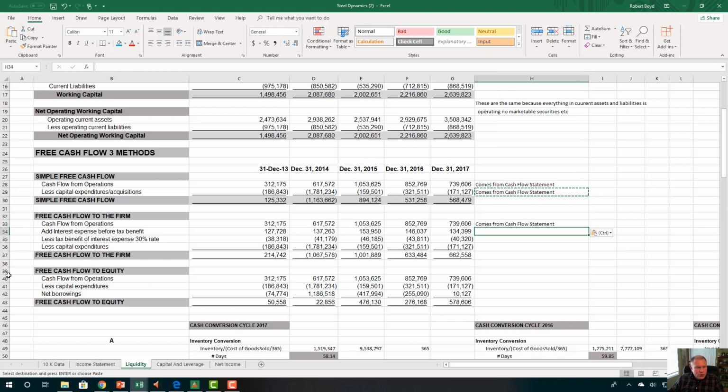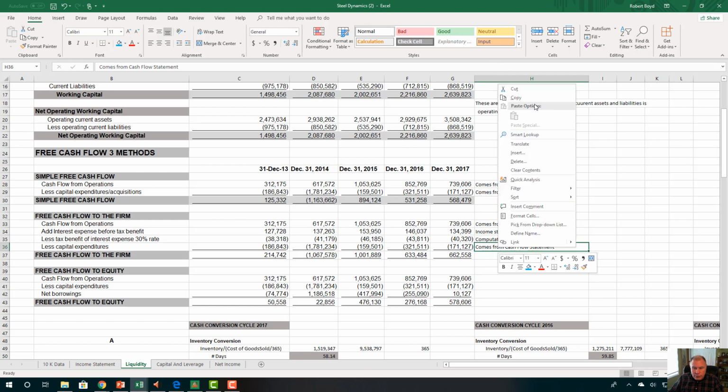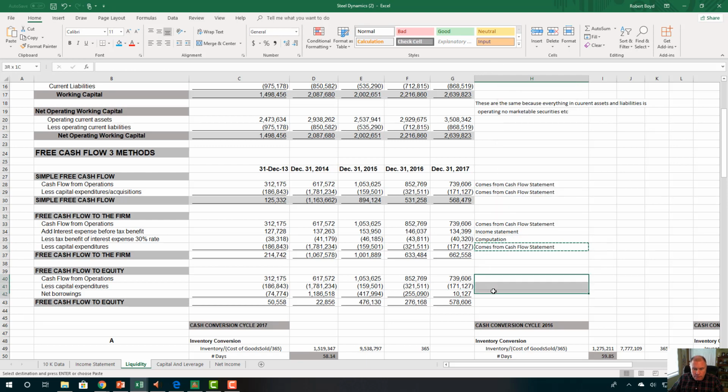Interest, assume a tax rate of 30. But this one here is a computation. Notice it's a computation, so whatever the tax rate is. Interest expense comes from the income statement. And less capital expenditures comes from the cash flow statement. And all of these numbers here come from the cash flow statement. And the totals are